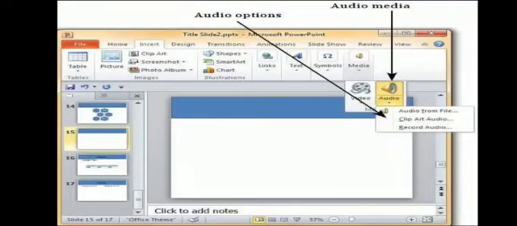And third is, if you want to record your voice, then when you click here on record audio, one dialog box will appear, similar to what appears on your mobile phone. In the center there is a button to start recording. When you finish, click on the stop button. You can play it also to hear. And when it is finalized, click on the OK button. That sound button will appear on the slide. Okay, so this is the easy method to add sound in a presentation.